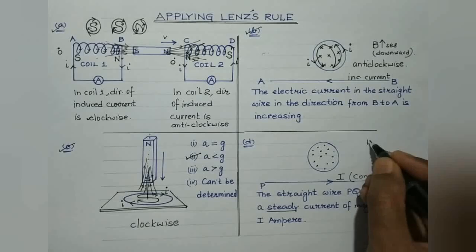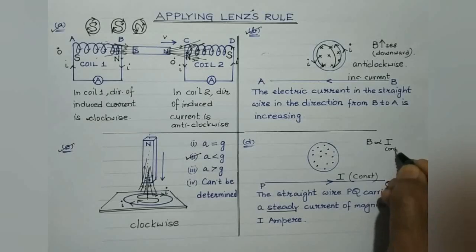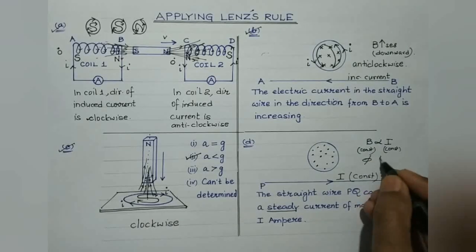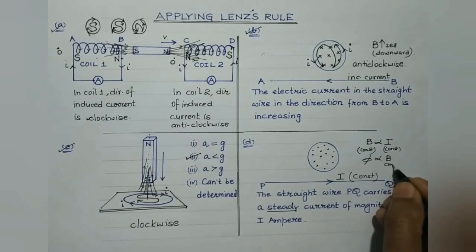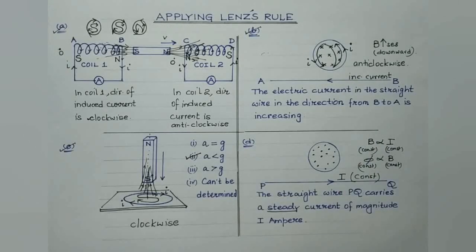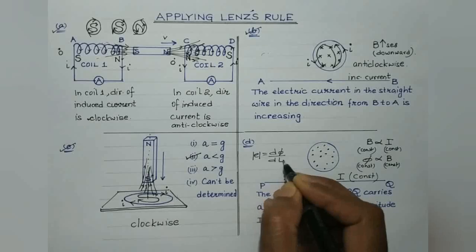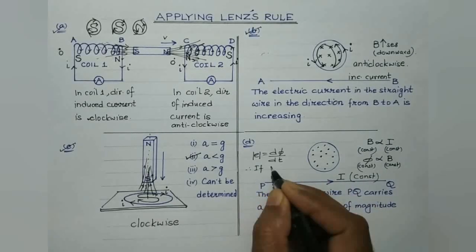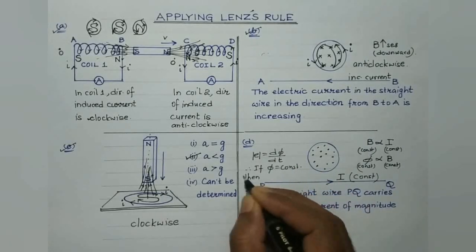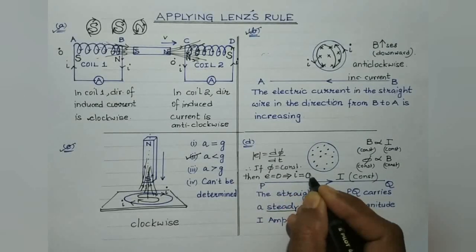Now students, look, magnetic field is directly proportional to the current. So if current is constant, steady, then the magnetic field would also be constant. And flux being proportional to B, if the strength of the magnetic field does not change, therefore the magnetic flux linked with this loop will also not change. And you are aware, induced EMF in magnitude is given by d phi by dt. Therefore, if phi is equal to constant, then differentiation of a constant is 0. Then obviously induced EMF is 0, which implies that induced current is also 0.